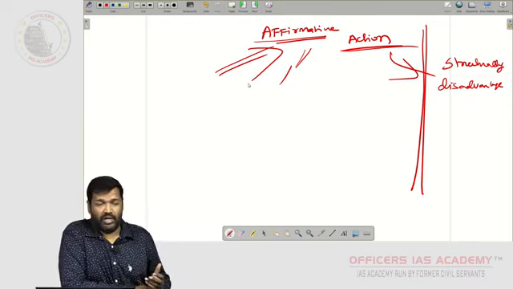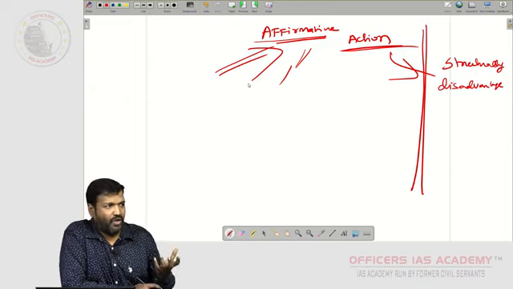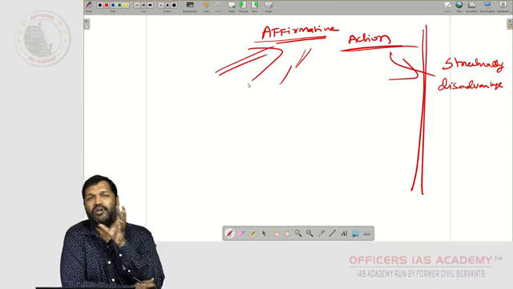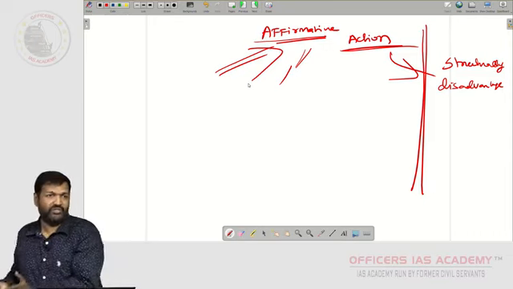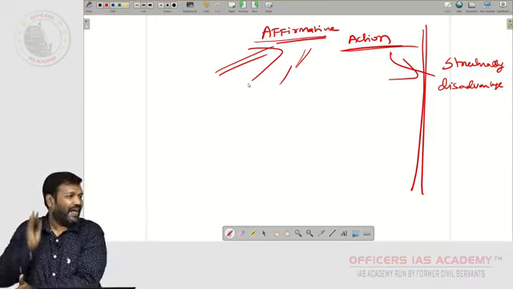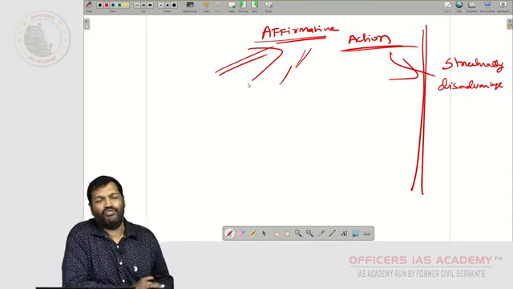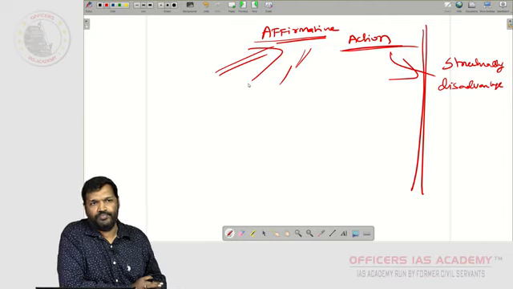Because for this, again I am telling you, this is where you have to develop a lot of ideas in your mind. This particular topic of liberty and equality, how it will be tested in a civil service examination, you should have a lot of ideas and arguments in your mind. Based on that, you will be given marks.